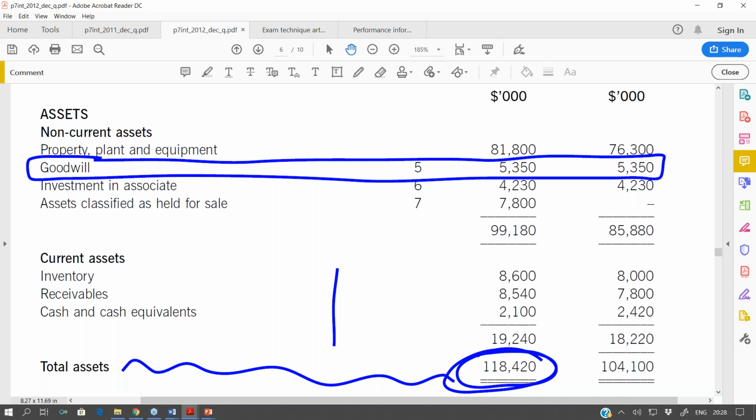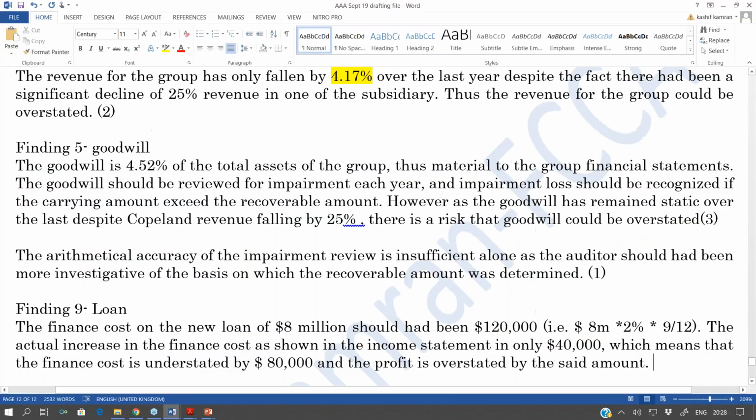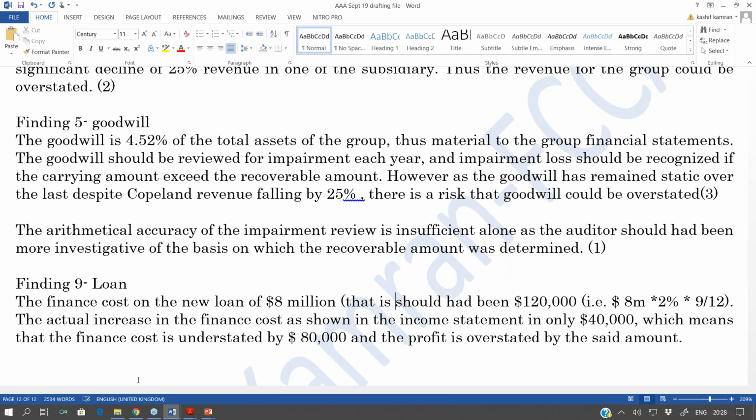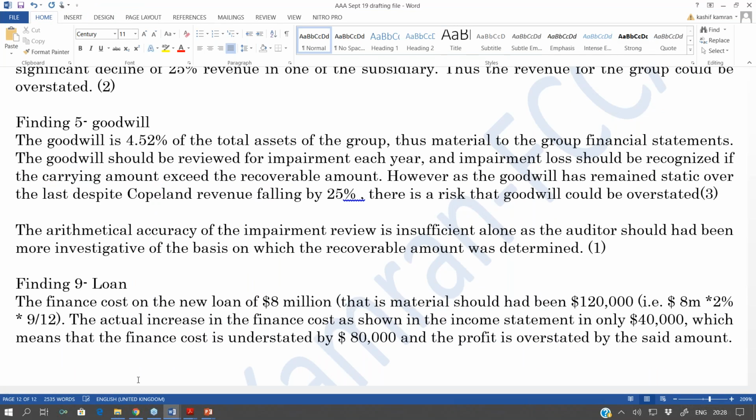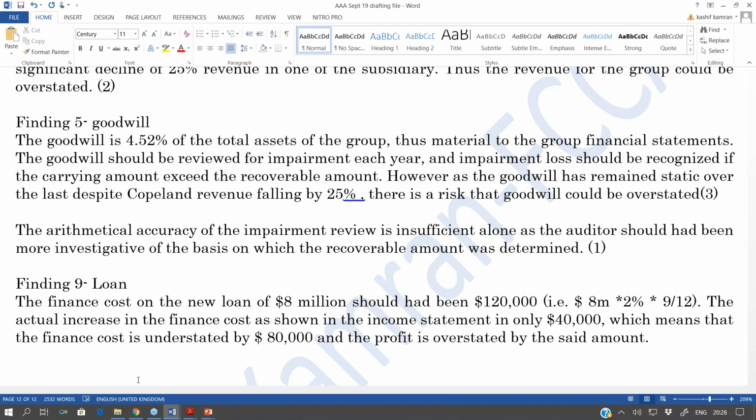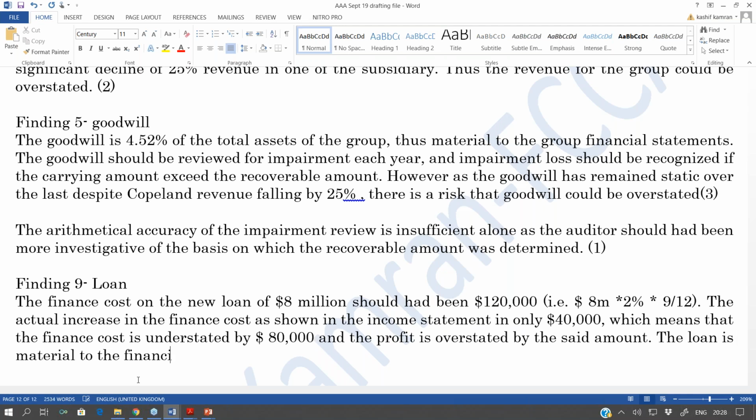$8 million divided by $118 million. Yes, the loan is material. It's 6.7%, right? So let's write that even. The finance cost on the new loan of $8 million, that is material. Sorry, you can write it over here, full stop. The loan is material to the financial statements